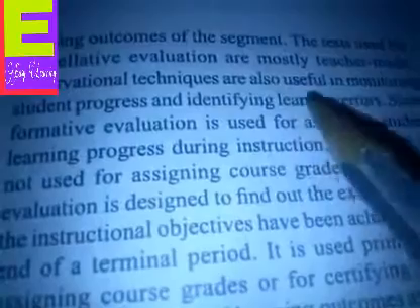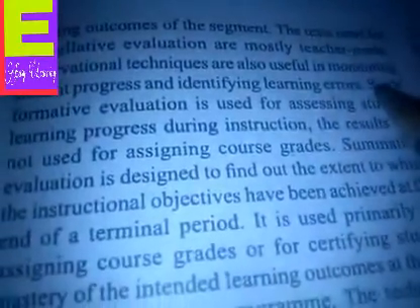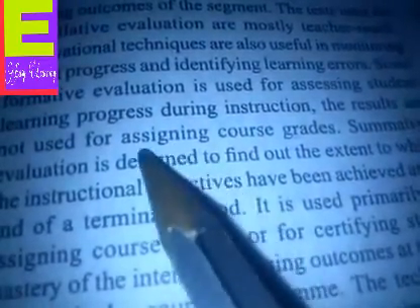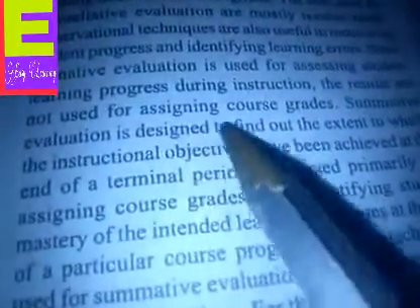The tests used for formative evaluation are mostly teacher made. Observational techniques are also used in monitoring student progress and identifying learning errors. Since formative evaluation is used for assessing a student learning progress during instruction, the results are not used for assigning